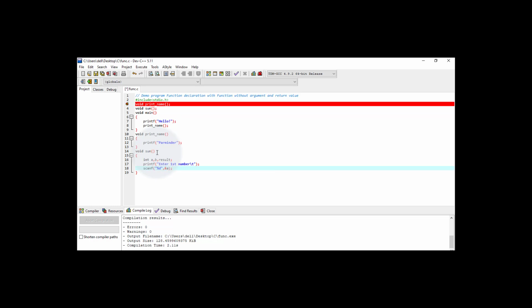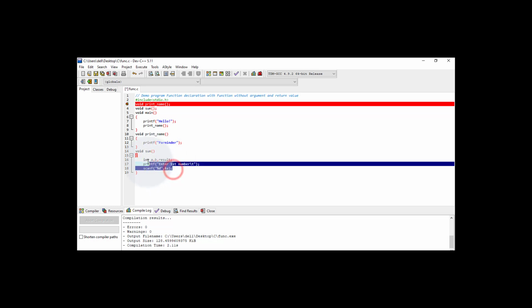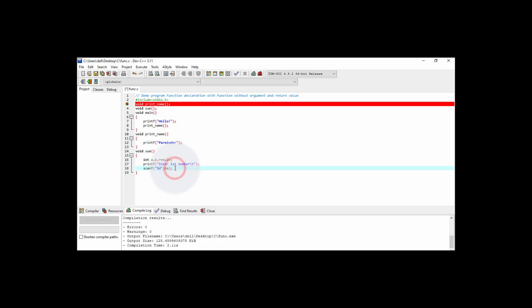Then put the semicolon here. Again I'm going to copy this from here to here using Control C, and here I paste it using Control V, and here I write enter second number, and read this number to the variable b. And I'm going to write one more line over here, that is printf.